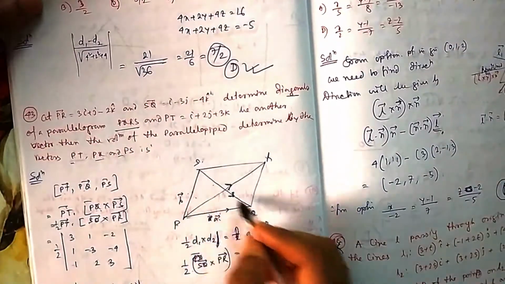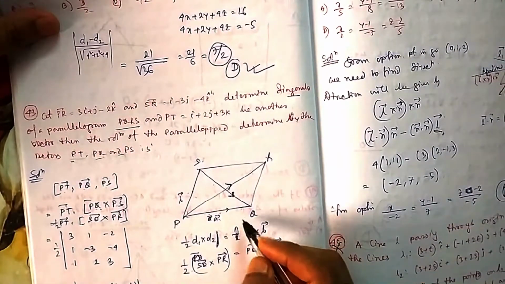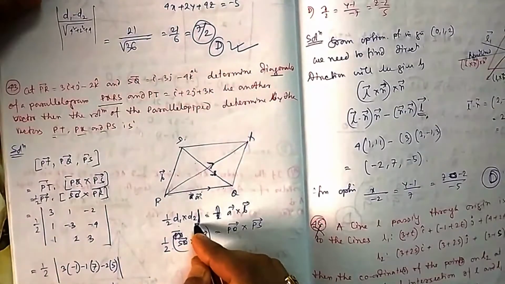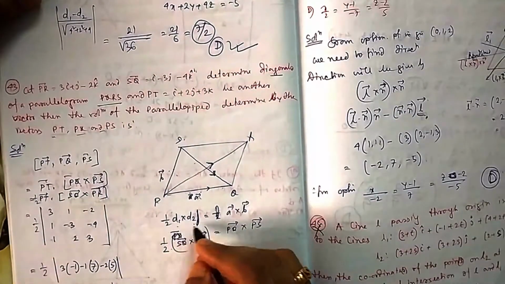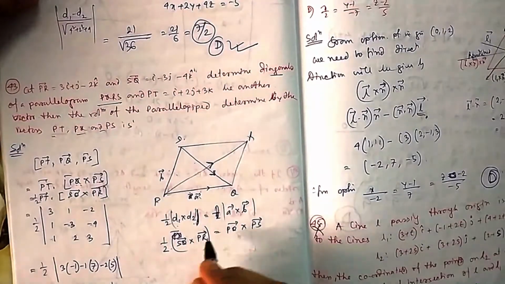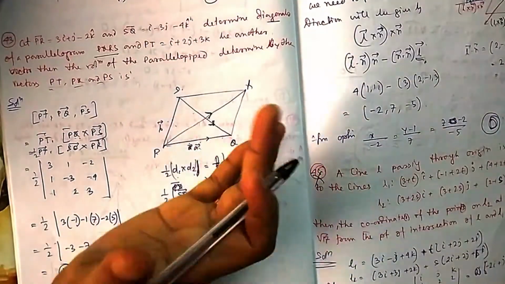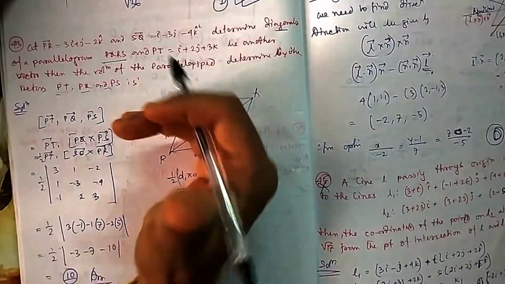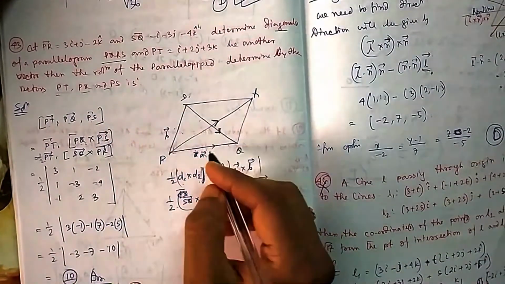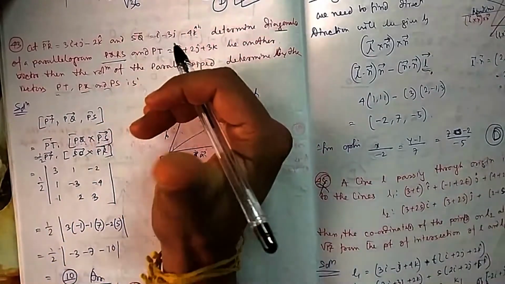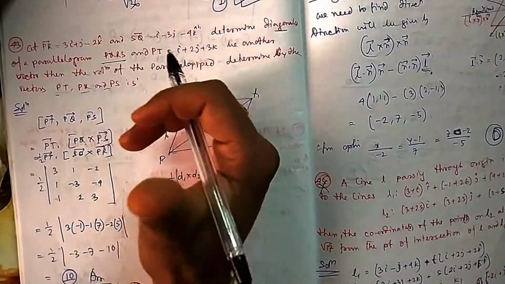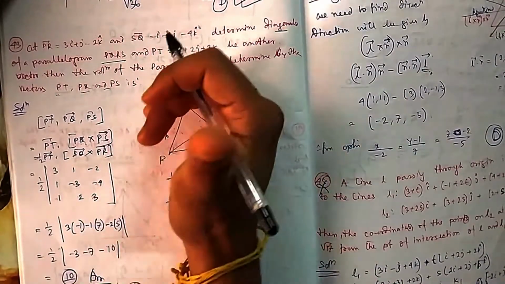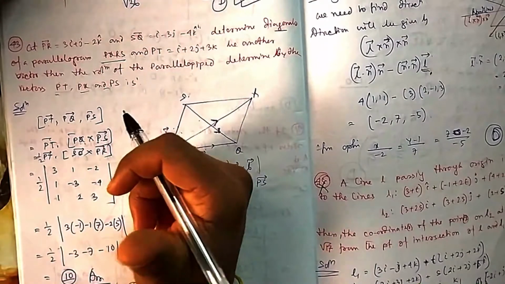Now what is PQ cross PS? PQ cross PS will give me the area of this one, and one more vector also gives me the area, half D1 cross D2. Both these magnitudes are equal, we know, but how do we make the direction also equal? If you go from A to B, here it is PQ cross PS, so your direction is this. If you are crossing the diagonals, that also should give this direction. Then we will say the direction is equal. Magnitude is equal if you multiply by half. Now if you make the direction also equal, then you can write these vectors as equal.